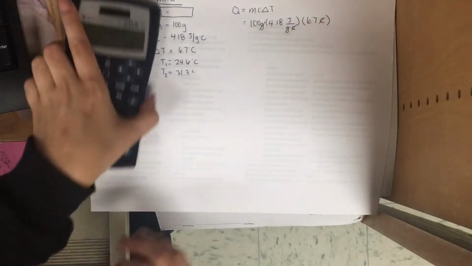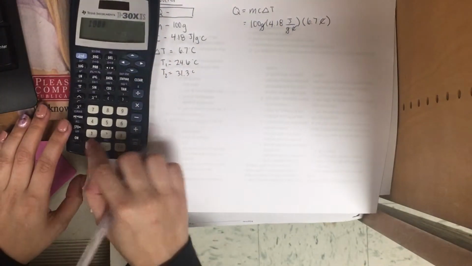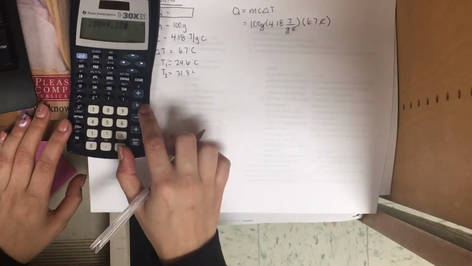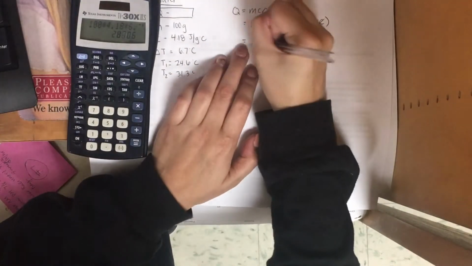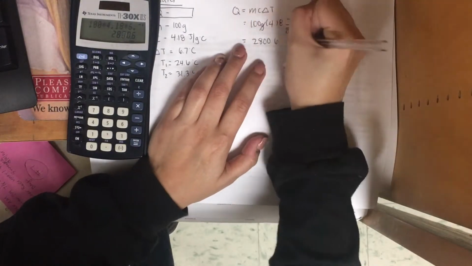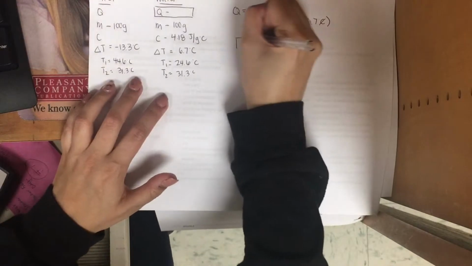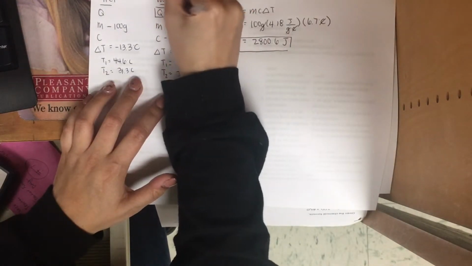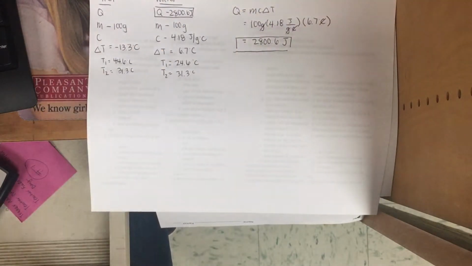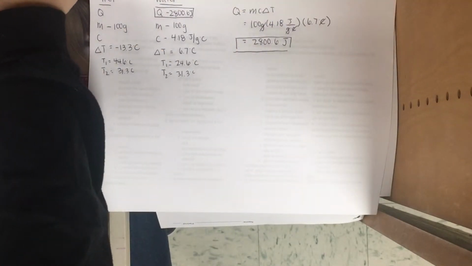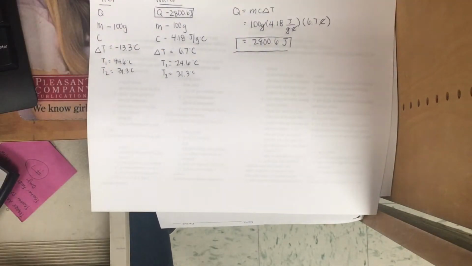And I'm going to go ahead and plug that in. 100 times 4.18 times 6.7. This is going to give me 2800.6 joules. I'm going to go ahead and fill that into my chart. That is the answer for practice problem number 2: 2800.6 joules. Now if we go ahead and move on to practice problem 3, it says using the last problem's numbers,